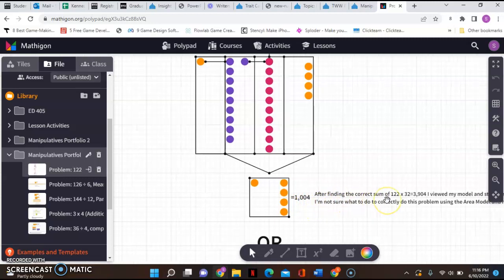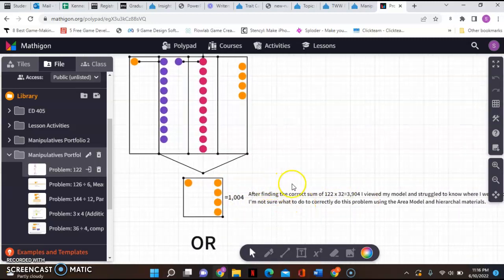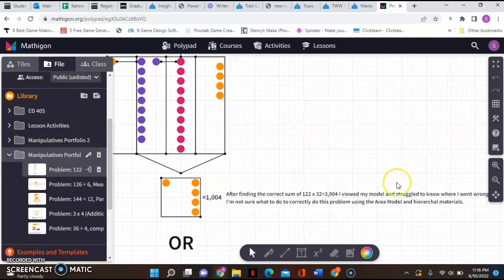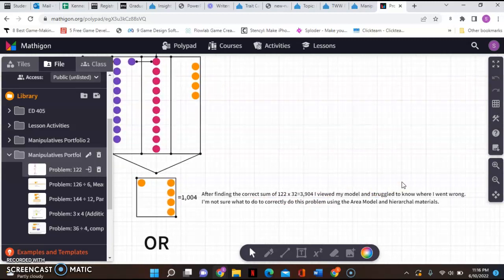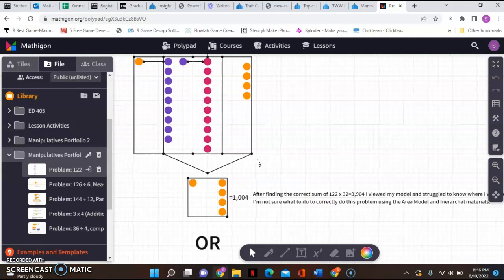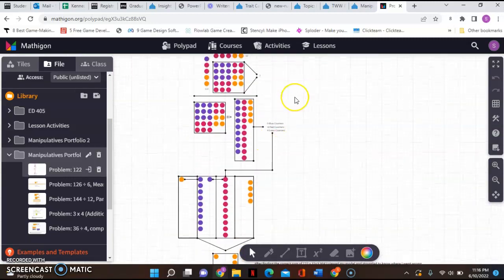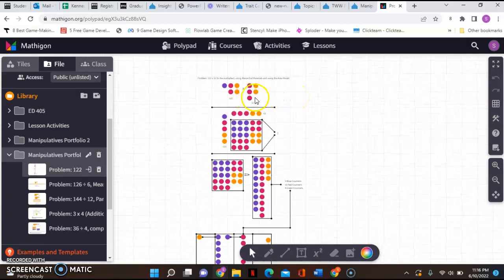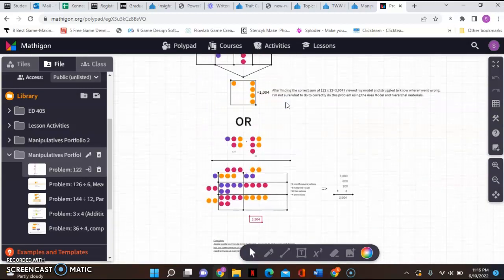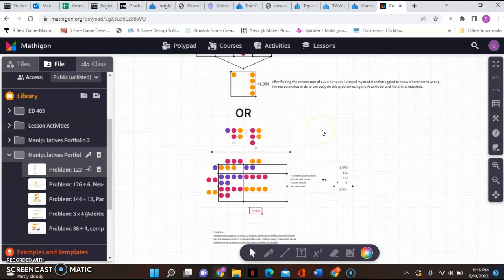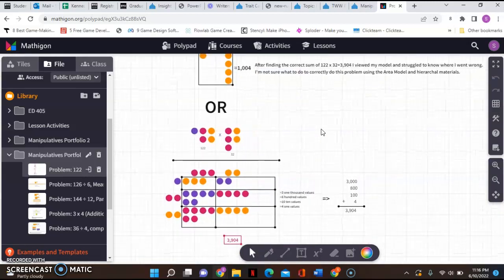1004. And I wrote a note here that after finding the correct sum of 122 multiplied by 32 was 3,904, I viewed my model and struggled to know where I went wrong. I'm not sure what to do correctly for this problem using the area model and hierarchical materials. This was my first attempt at using this, but I viewed the area model and I took another